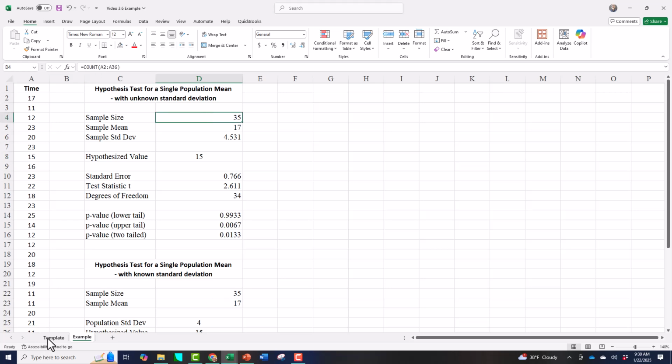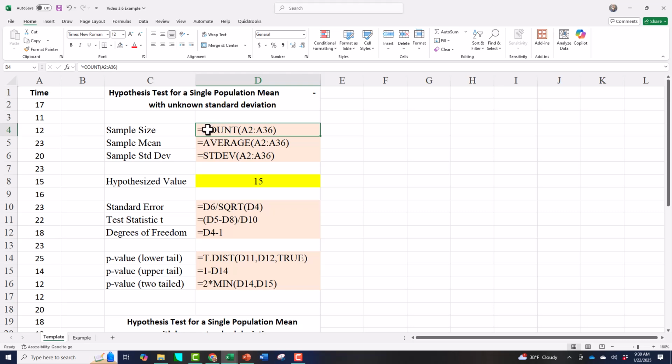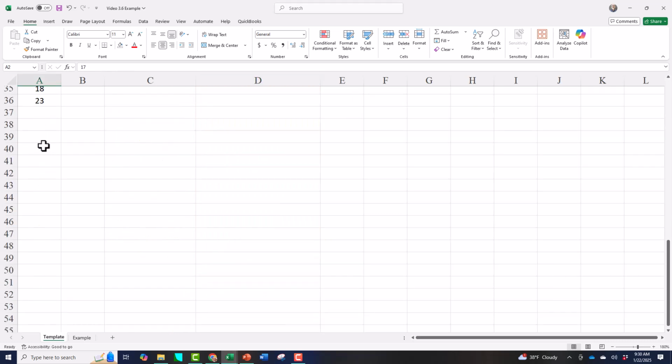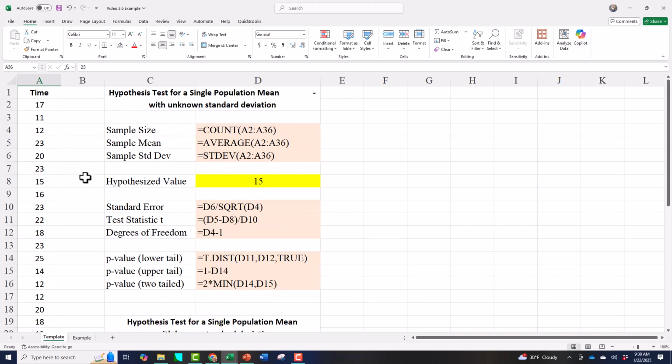So let's go back to the template page. And so you're going to do a count of your data. Now my data appears in cells A2 through A36. That's why I'm using that as the data. I'm going to calculate the average for A2 through A36. I'm going to calculate the standard deviation of my sample data as well. And so whatever your data looks like, wherever the cells are where it sits, that's what you're putting in the